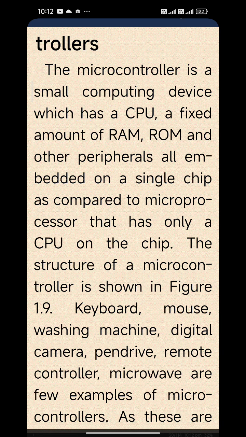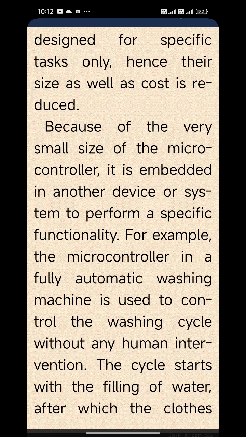Keyboard, mouse, washing machine, digital camera, pen drive, remote controller, microwave are a few examples of microcontrollers, as they are designed for specific tasks only. Hence their size as well as cost is reduced. Because of the very small size of a microcontroller, it is embedded in another device or system to perform a specific